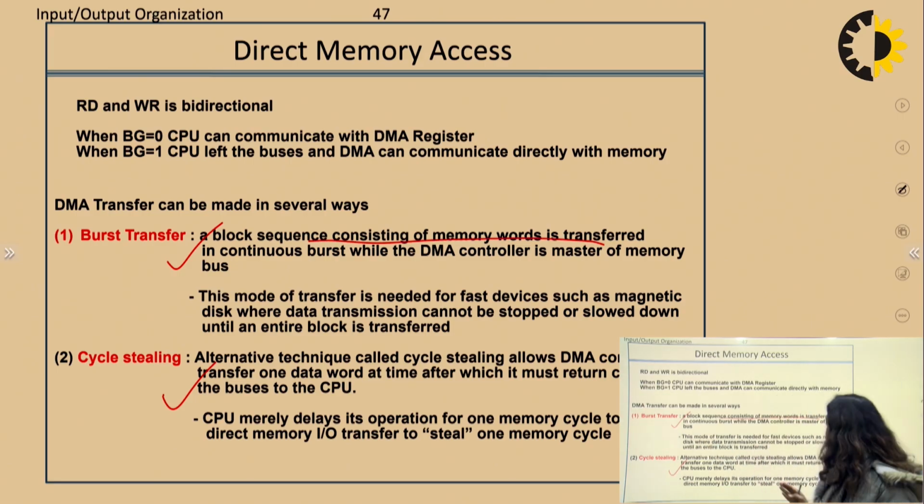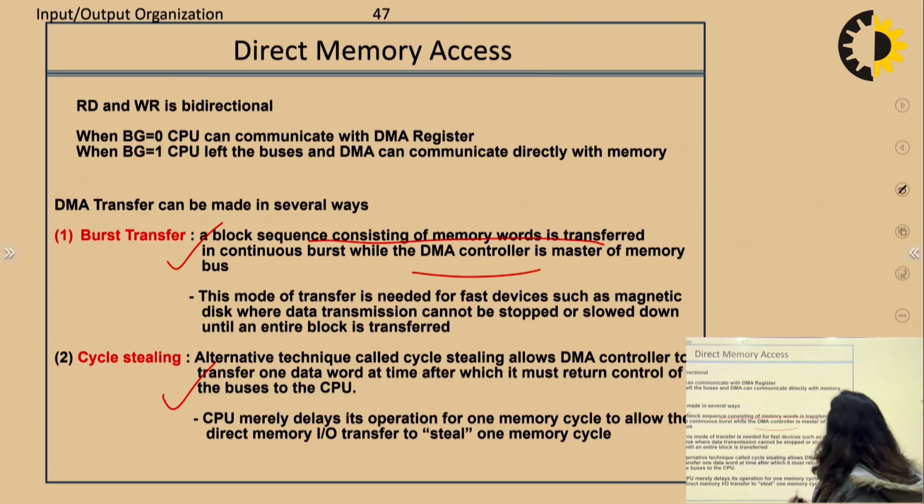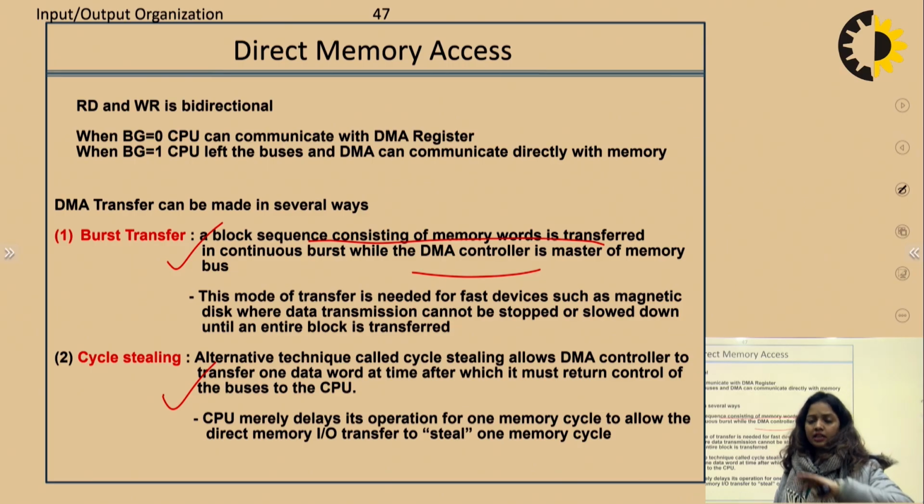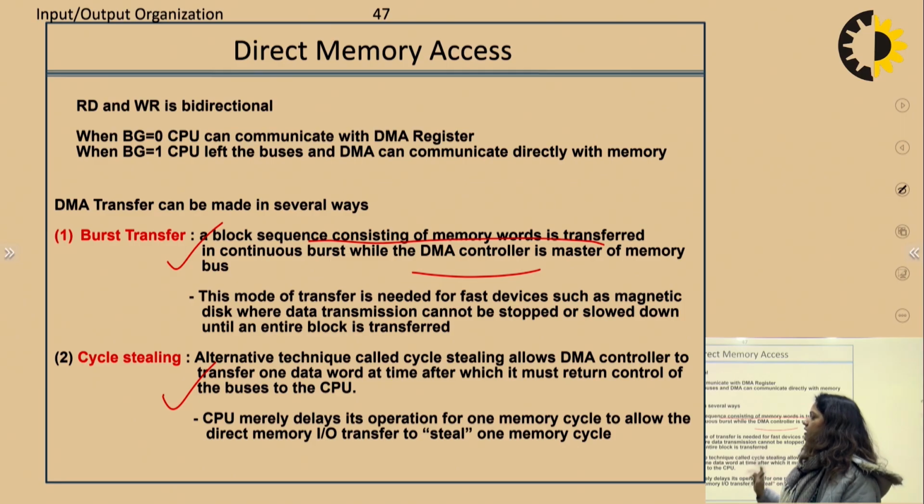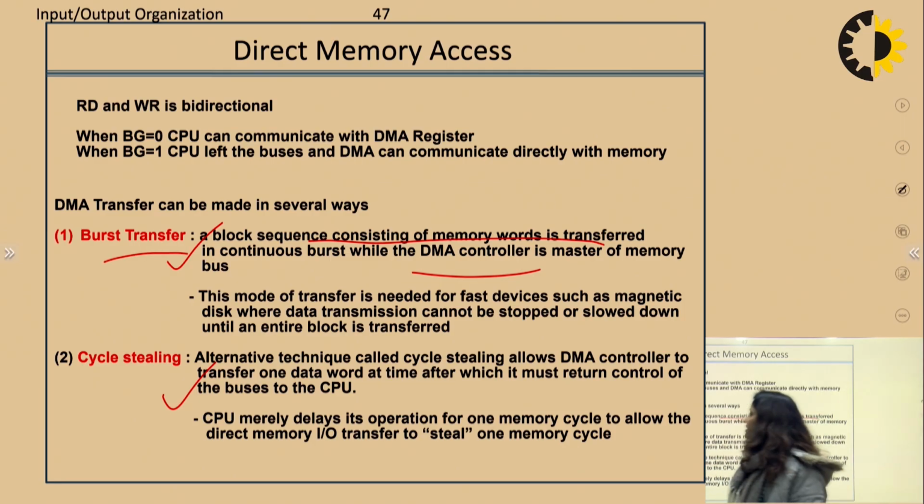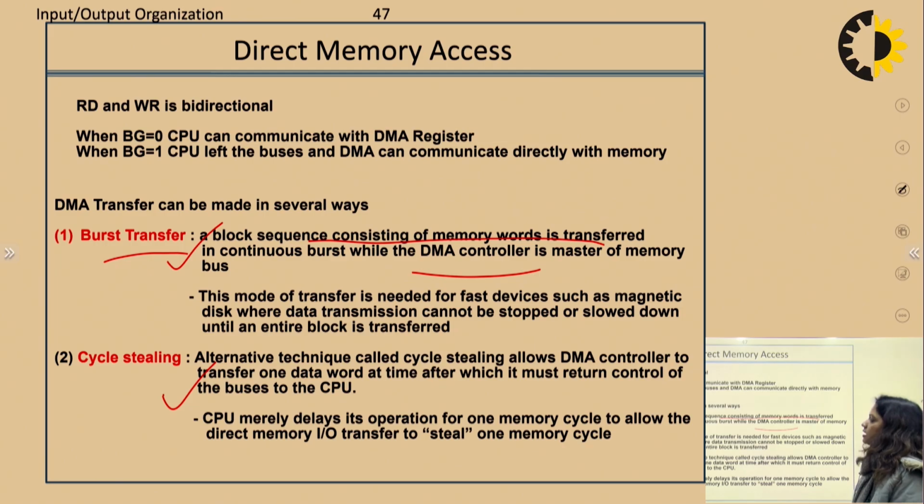In a burst transmission, a block or sequence of words, meaning a very large amount of words, is transferred by the DMA controller chip between the memory and the input output devices. So the DMA is busy transferring a very big block of data, taking advantage of all the buses. That kind of transmission is known as the bulk transmission of data, the burst transmission. This mode of transfer is needed when we need to transmit data in a very fast mode, or when we have very fast devices connected to our system like magnetic tape